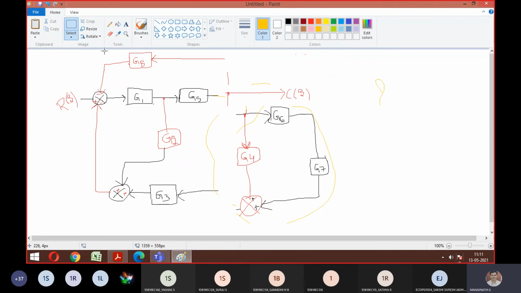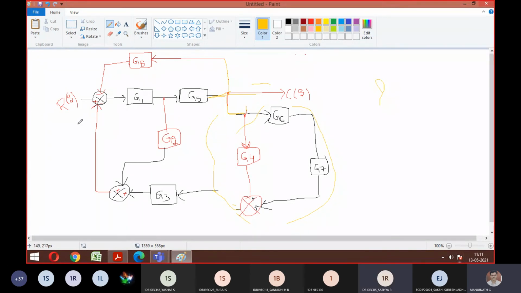C of S. So this connection remains the same. This is G8. If you want, you can write it a little bit at the center and connect here. So G8, G5 followed by this output, and this connection is given here. Is it okay? The remaining doesn't change. This connection is here. Is it okay to everyone? So now it looks like input and output.